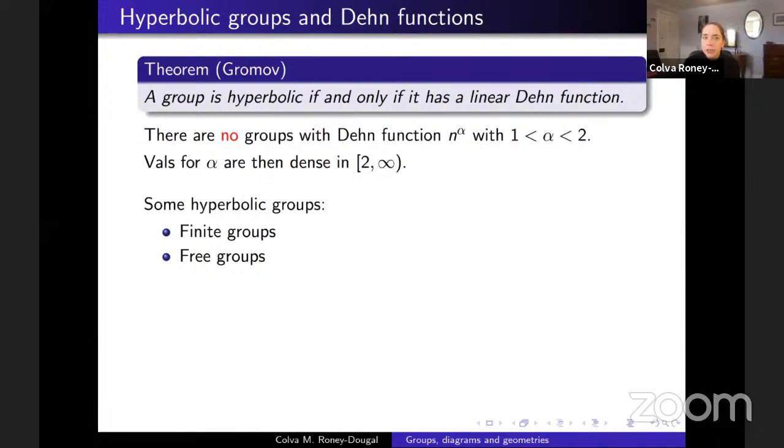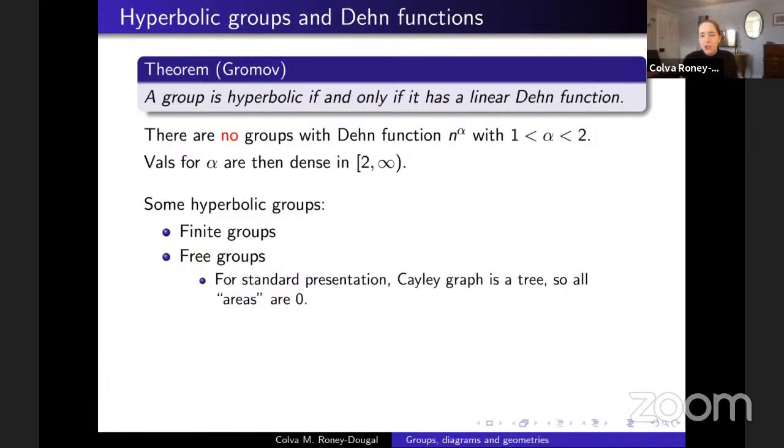Free groups, though, are more interestingly hyperbolic. So I've showed you that the Cayley graph of a free group is a tree on the standard presentation. So if I try and make a triangle in a tree, it's going to look just like some sticks. It's not going to have any area inside it because there are no areas inside a tree. We just go out along paths and back along the same path. So all areas are 0. So if I took some other way of making a free group, some kind of slightly messed up way of making a free group, I said that it looks tree-like from far enough away. That means I might find a little bit of area for the messed up presentation, but it wouldn't be very much. It would still be linear.